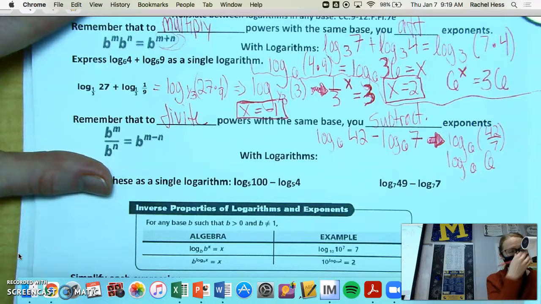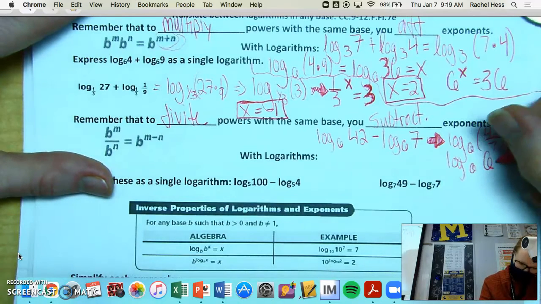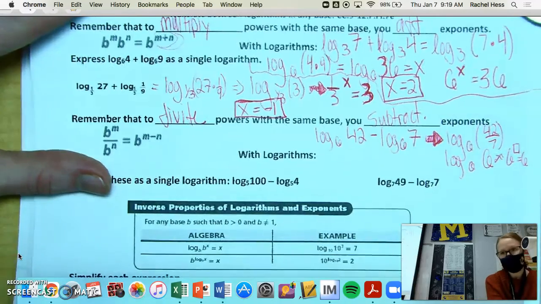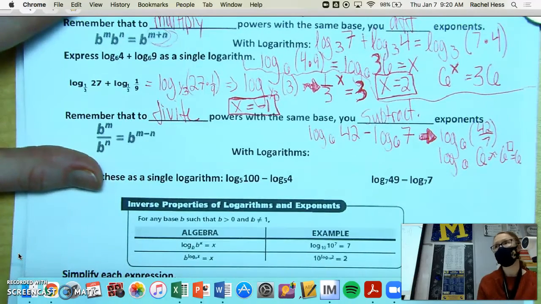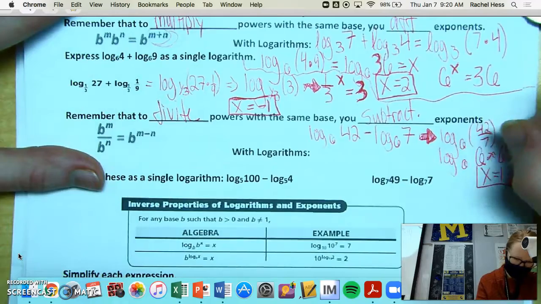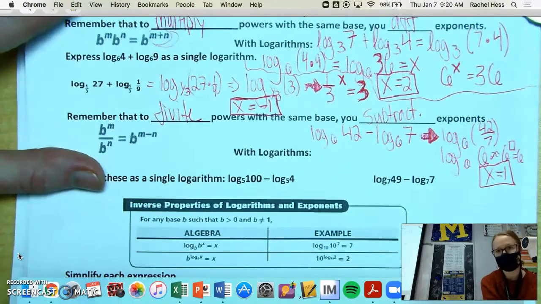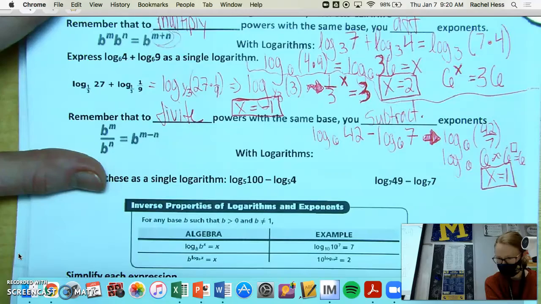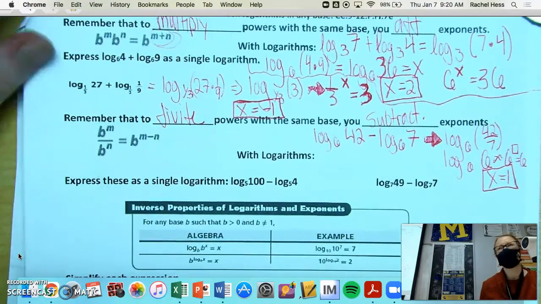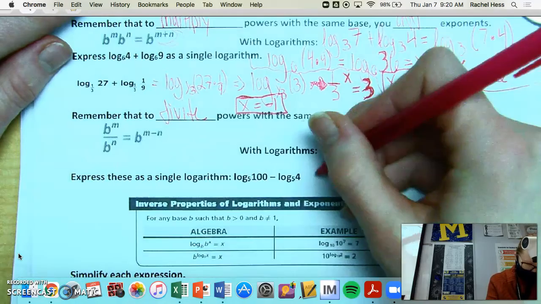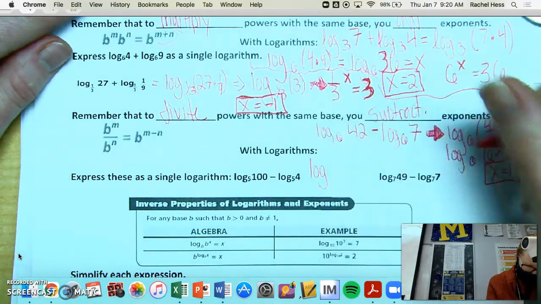So what this is really saying is 6 to what power gives me 6? Well, my answer would have to be 1, right? 6 to the first power would give me 6. Does that sort of make sense? Yeah. Okay. So in this case, if we were expressing these as single logarithms down here,